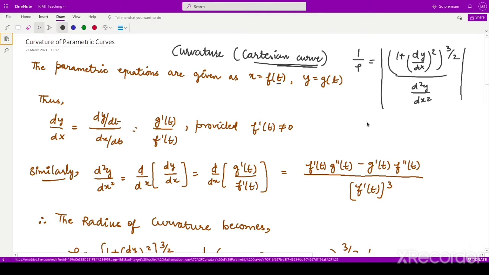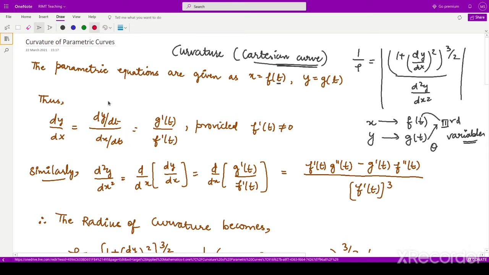So we have the parametric equations. They are the equations represented in x and y, where both x and y are functions of t: x is one function of t, and y is another function of t. So it is represented in a third variable, which is t, right? So these are the parametric curves. It could be t, it could be theta.